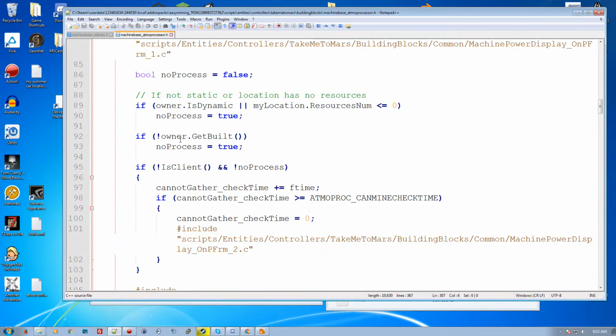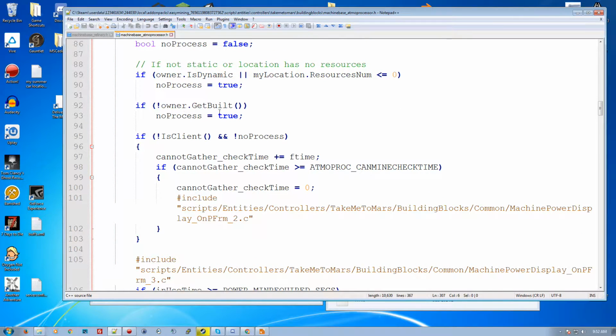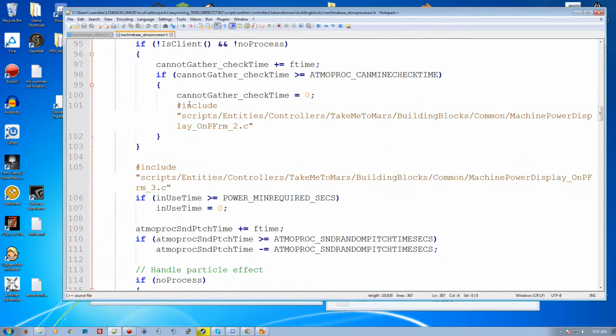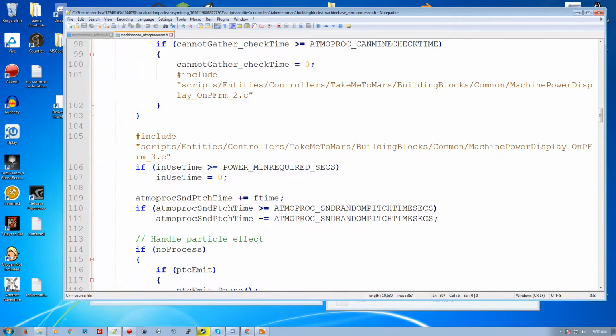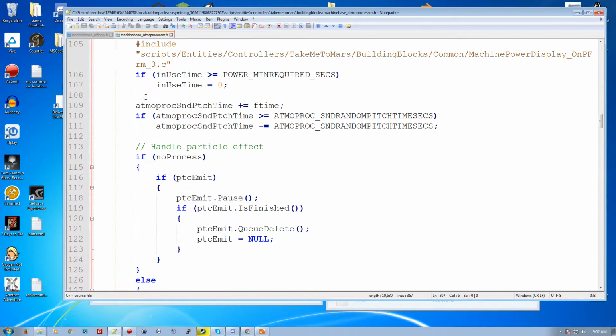So this is basically looking and seeing, okay, am I on a dynamic platform? So basically, did you set it up on a platform rather than on the ground? Or are the resources in that location less than or equal to 0? If so, then return back and don't do anything. If it's not built, then don't process. So basically, look through all these things. Now, I was looking for